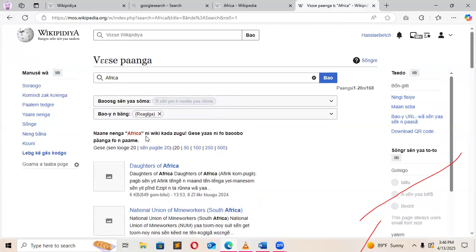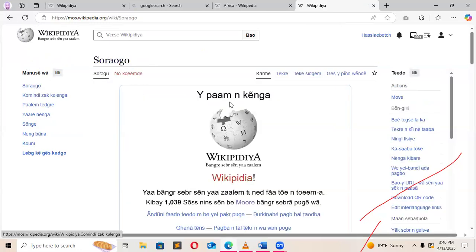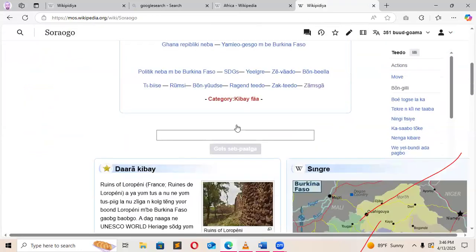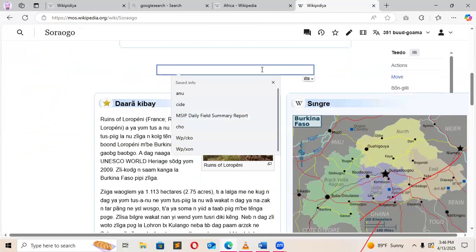So you can see that it is highlighted red here. From here, you can start writing. Or if you want, you can just go back to your home tab. You go back to the page again, and as he made mention, you scroll back to the sub-paragraph, or create an article. Write Africa.